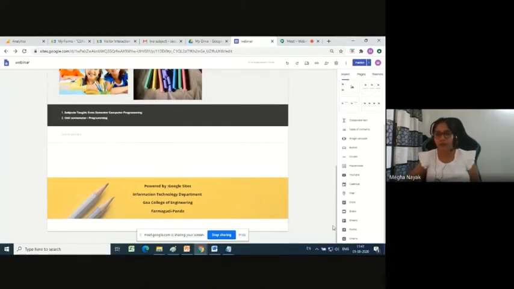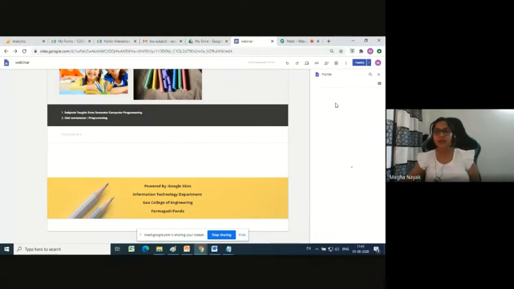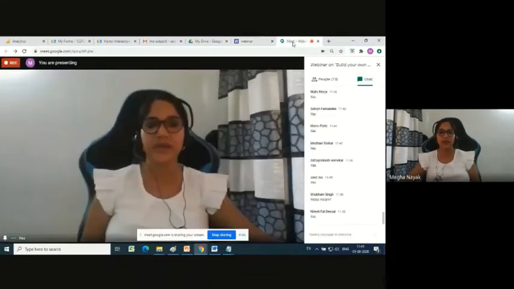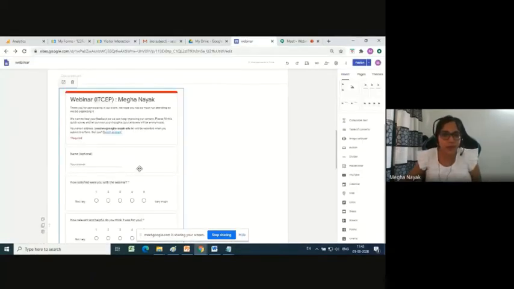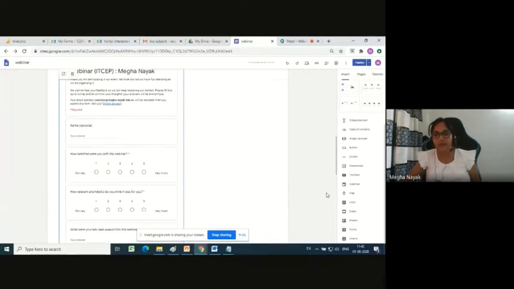So for now, how to insert a form, just click on this. It will give you all the forms. The recent one which I created was this event feedback, which you will have to fill in and submit. So this is how I insert a Google form on my Google site. Clear? In the same way, you can insert docs, like if you have some study material or some write-up or editorial for students. Similarly, sheets, and these are charts.